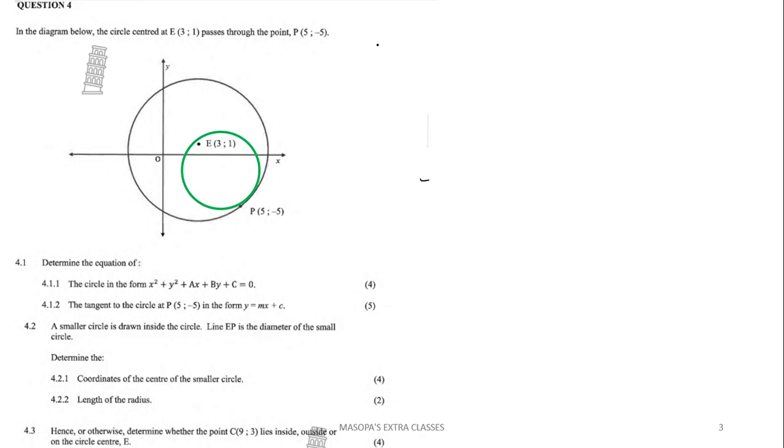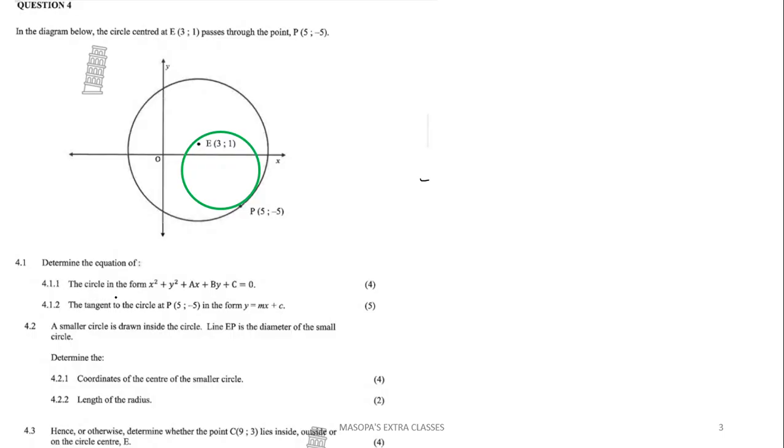Alright, so let's do another one. So they say now we have in the diagram below, the circle at the center at E(3;1). We have the coordinate of the center here that passes through a point P, which is (5; -5). Okay, and then they say now in 4.1 we must go and determine the equation of the circle rather in